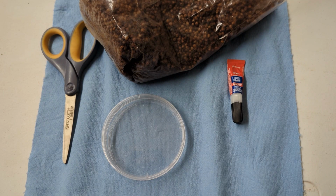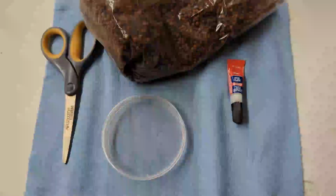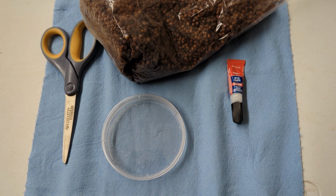I had previously done an experiment where I soak one piece of hydrated sterilized grain in super glue and then I bury it in between other pieces of sterilized grain. Once the super glue solidifies, I pull out the chunk and I count how many pieces of grain the one piece of grain is touching. In the past, I believe I've gotten it to stick to approximately 9 or 10 pieces of grain,